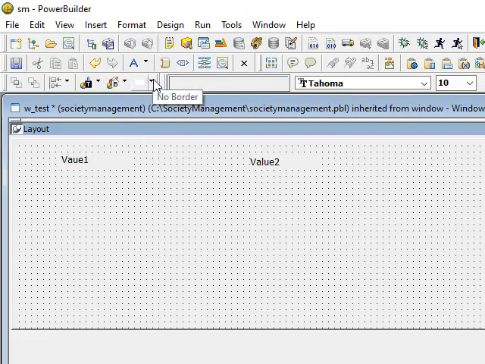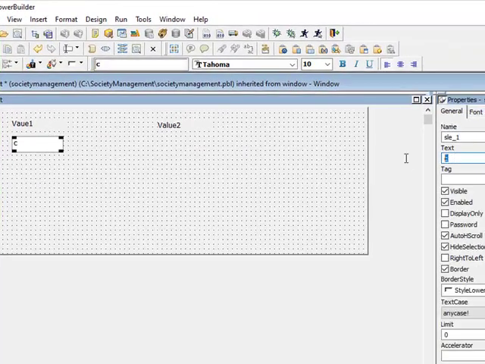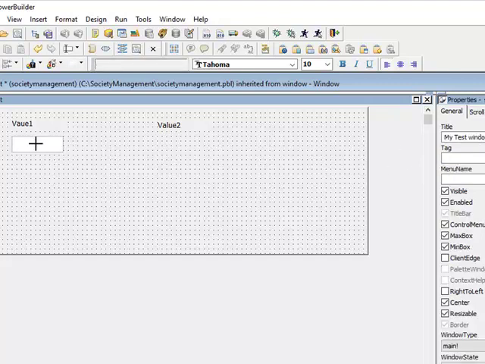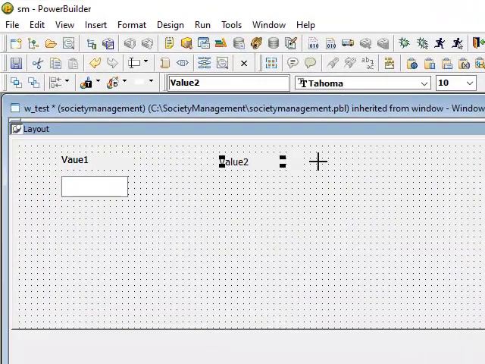Now I want this single line edit control. Let's remove this one.